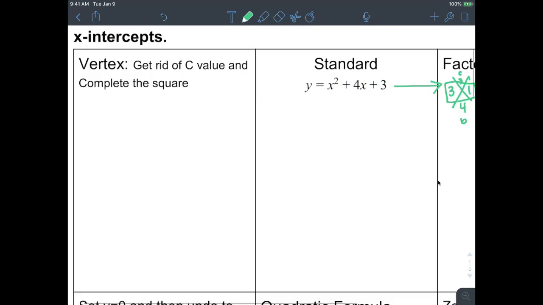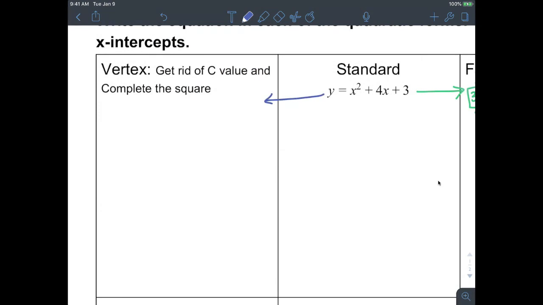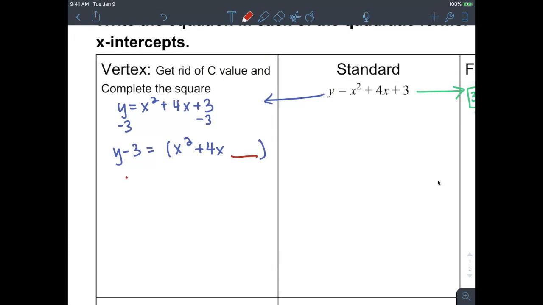All right, now we're going to change this equation into vertex form. So to get into vertex form, what we do is we get rid of our c values. So y is equal to x squared plus 4x plus 3. We're going to subtract the constant to the other side. So y minus 3 is equal to x squared plus 4x plus something. So we're adding something in here, and then we're going to add something to the other side of the equal sign as well. I use the big X, so I use the b value is 4,